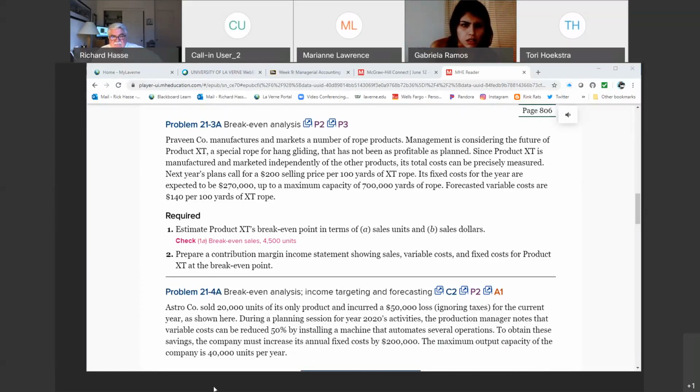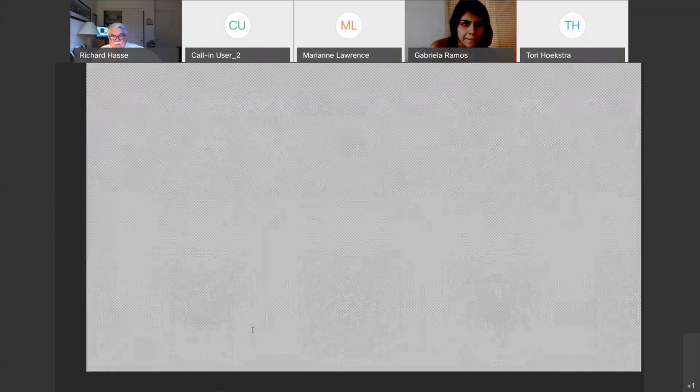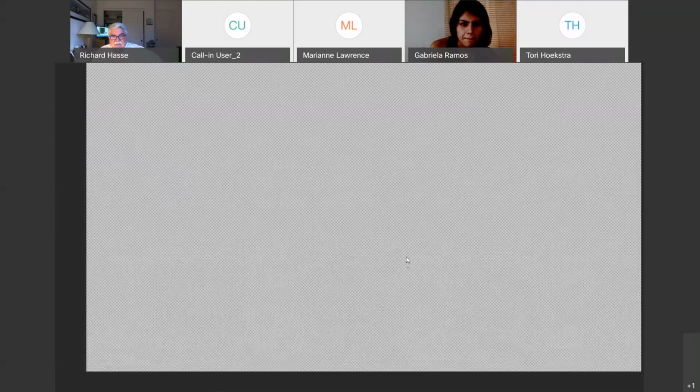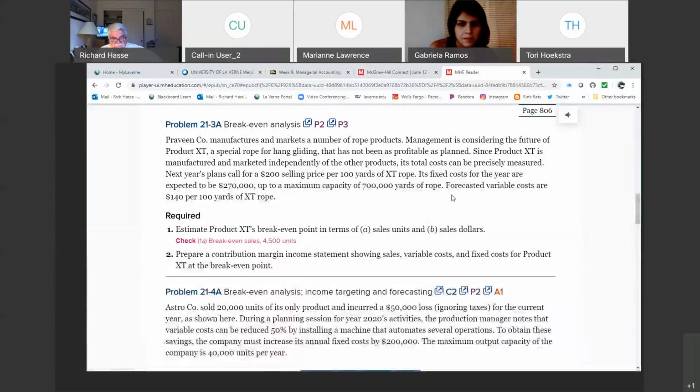Oh, contribution margin. Okay. Remember I calculated it here a little bit earlier, where you take the fixed cost and divide it by the contribution margin ratio percentage. Yes. What would that be in this problem? What would be the contribution margin ratio in this problem? I didn't do that one.